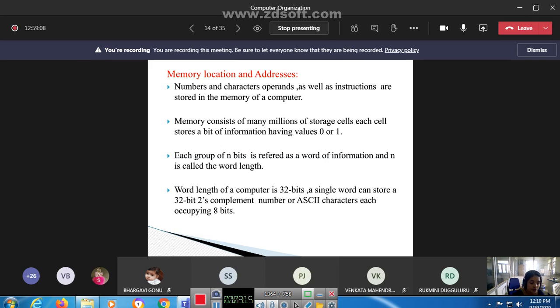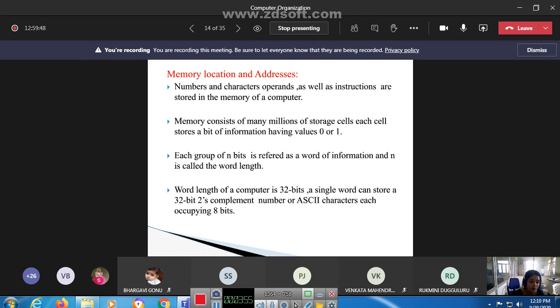Accessing the memory to store or retrieve a single item of information, either a word or a byte, requires distinct names. We have distinct names for the byte or word, which is the address for each item location. So we use the numbers from 0 to 2 power k minus 1. The location size can be taken from 0 to 2 power k minus 1. Some suitable value of k gives the addresses of successive locations in the